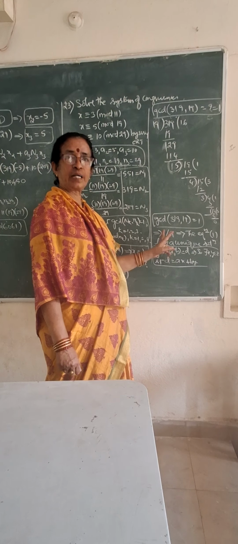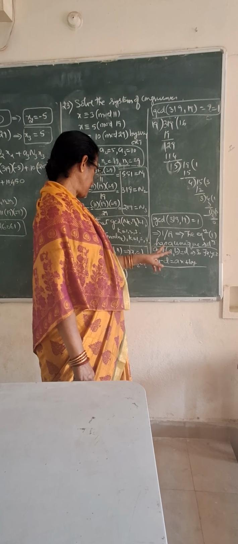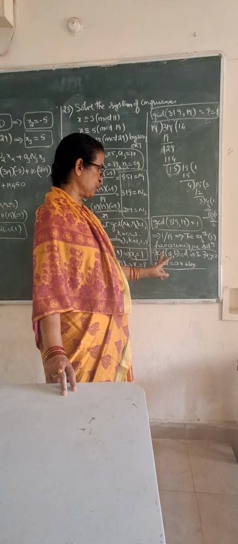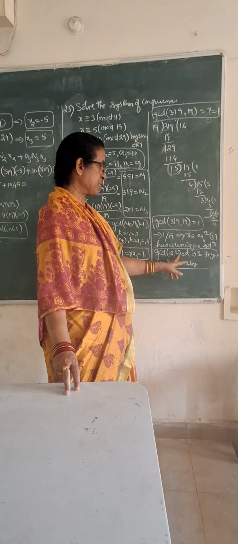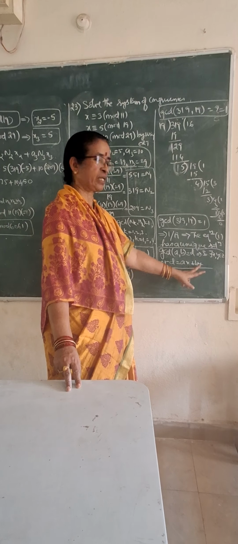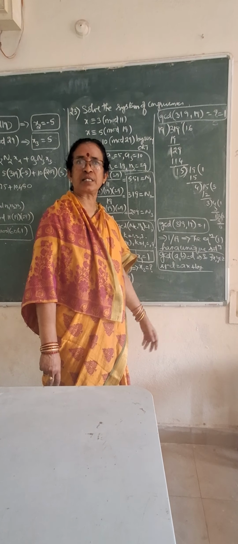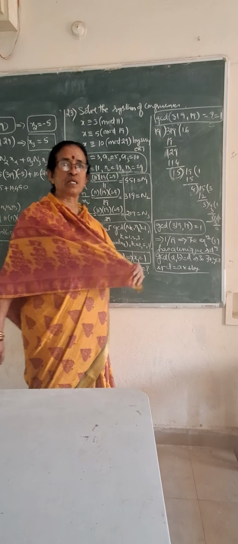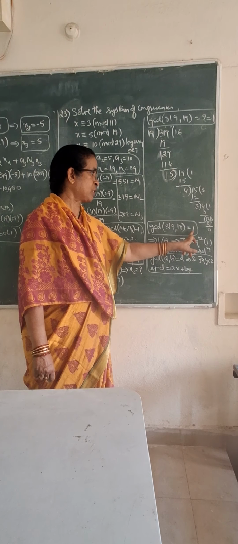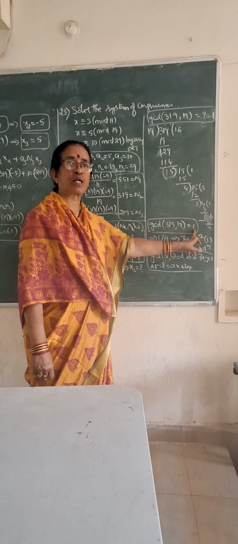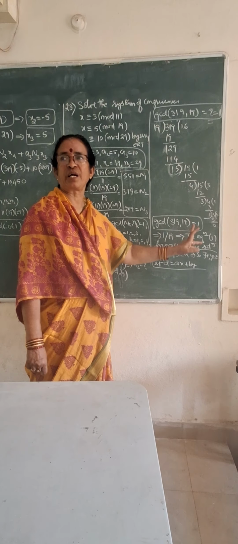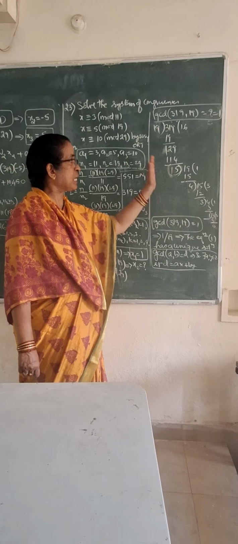And clearly 1 divides 19. Therefore, the equation has a unique solution. If GCD(a, b) equals d, then d can be expressed as ax plus by. There exist x and y belonging to capital Z such that d equals ax plus by. So we are going to now substitute. We are going to find out what are those x and y, so that 1 is equal to 319 into x plus 19 into y. That we are going to find out.